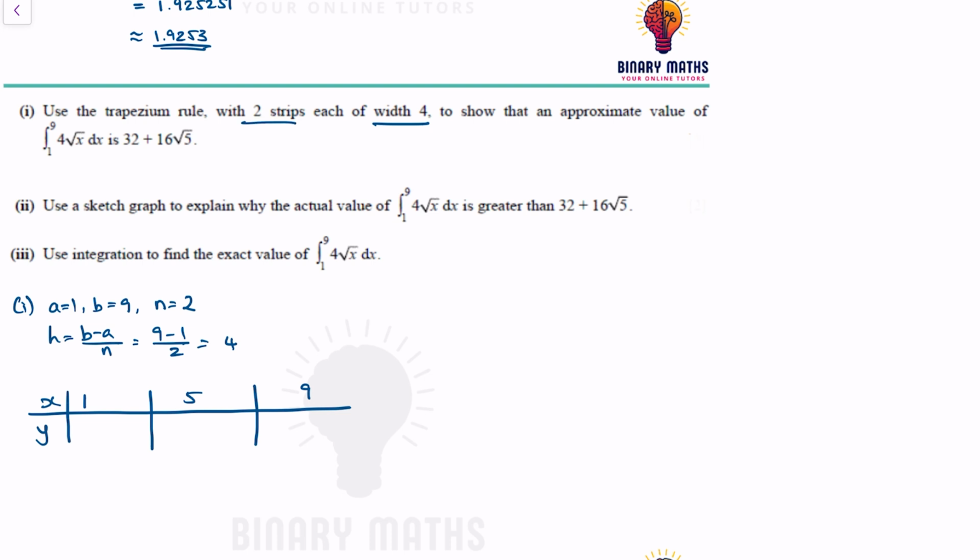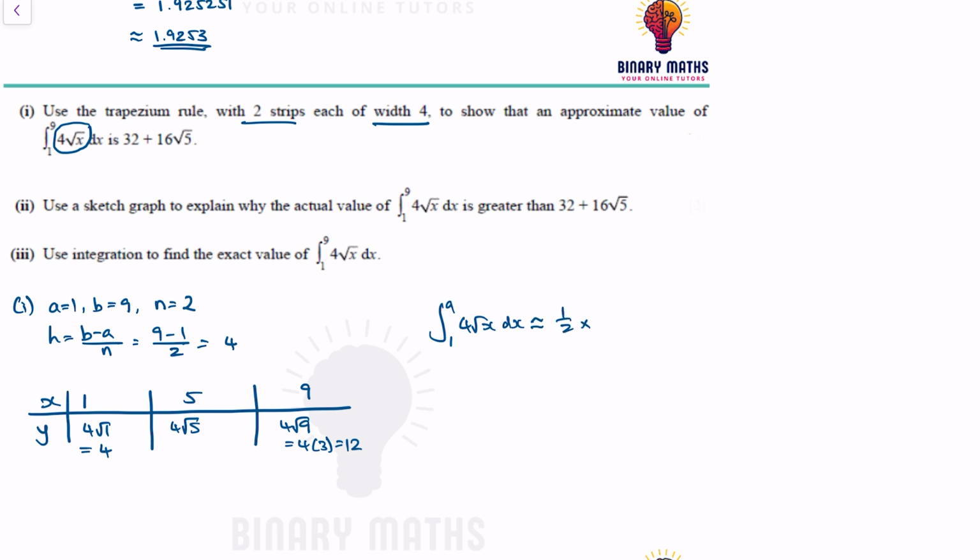Now, because I'm trying to find the answer, I'm going to substitute into my function, which is 4 root x. For this one, it'd be 4 times root 1, which is just 4. This one would be 4 times root 5, which cannot be simplified, so it's 4 root 5. And the last one will be 4 root 9, which is 4 times 3, which is equal to 12. Which means the integral between 1 and 9 of 4 root x dx is approximately